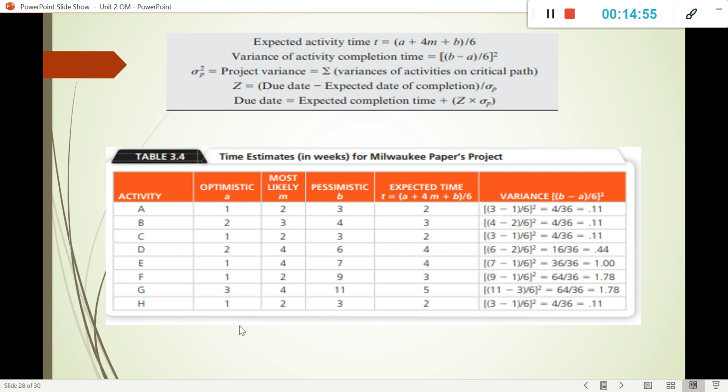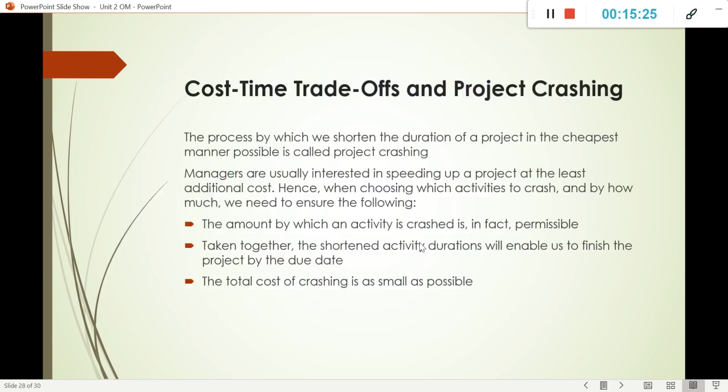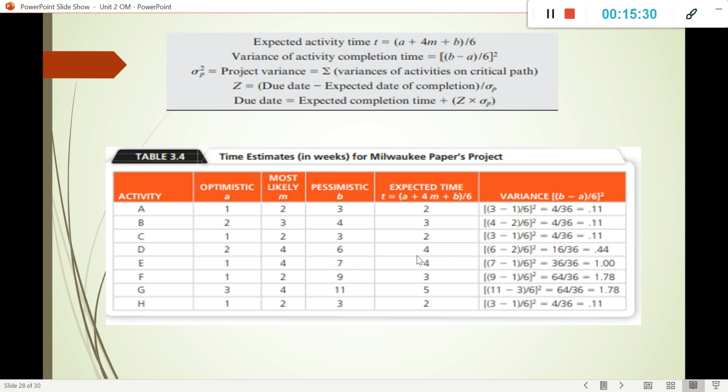So in this case, you have to say, for example, if I have an optimistic of 8, most likely of 2, and pessimistic of 3, we have this one: A plus 4m plus B, divided by 6, equals 2, right? And then we calculate the variance. So anyways, what we do with this variance is we calculate what could be the worst scenario that can happen. Simple as that, but we're not going to do this because this is not necessary at this point of time. Well, if you want to do it in your project, it's fantastic, but